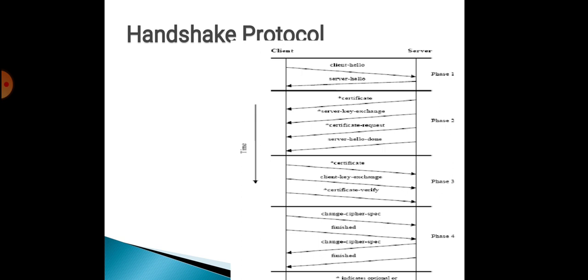Various messages are used in this protocol. We have a diagram that shows the client and server communication. There are four phases. In the first phase, the client sends client hello, and the server replies with server hello.